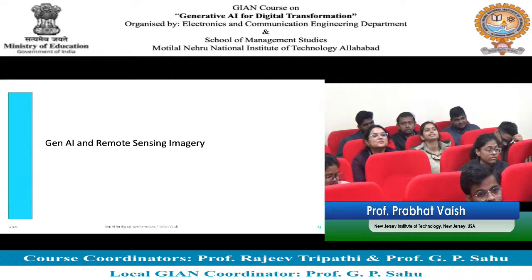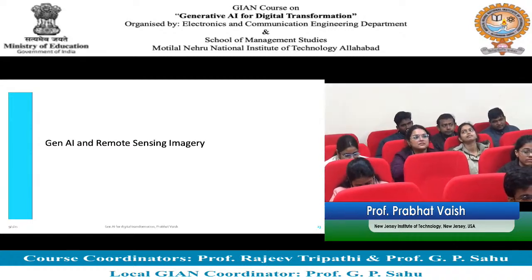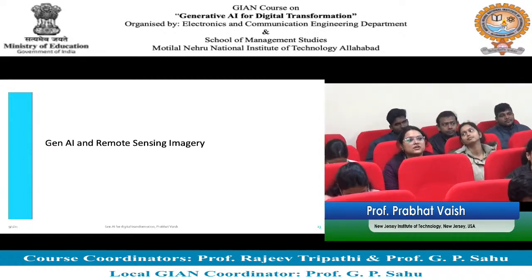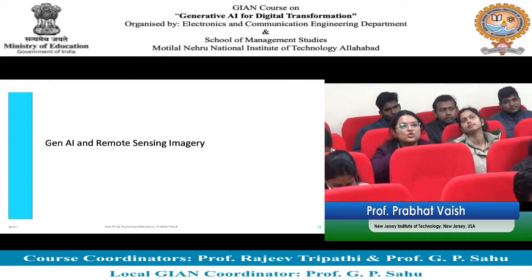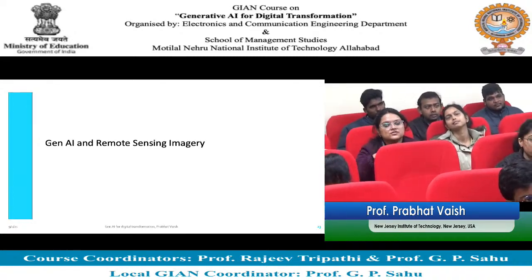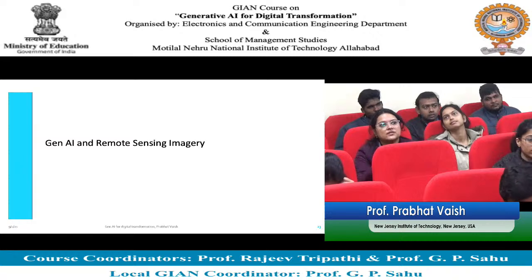Remote sensing is basically sensing features on Earth remotely. So using sensors, for example satellite sensors, you can capture a photograph and use it as digital